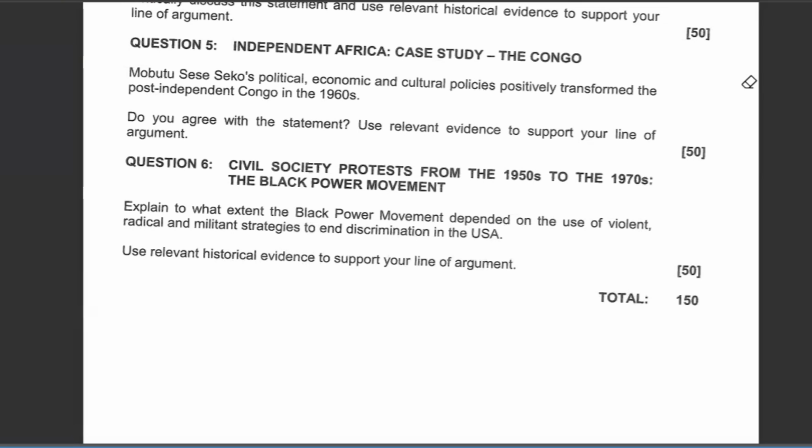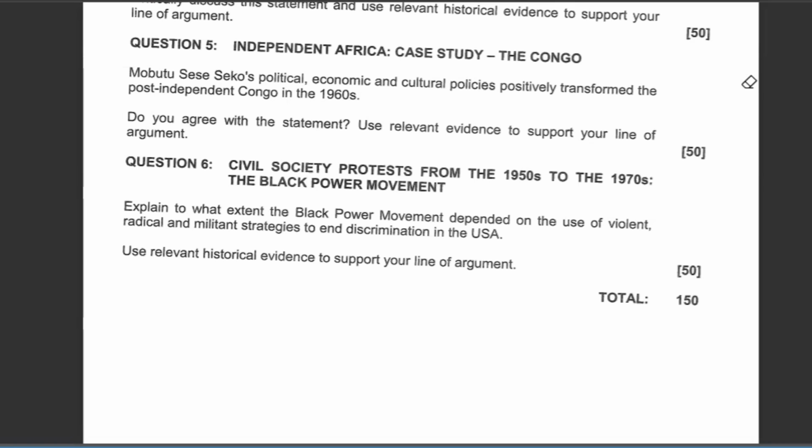The fact that he got into power through a military coup gives an impression that he was not the people's choice. So how then would we say someone positively transformed the politics of a country when he got into power through his own unorthodox means, when he was supposed to get into power through the formal, democratic electorate of the will of the people in that country? So it's one valid point which qualifies to disqualify the statement which says the politics were positively transformed in post-independence Congo. He did not positively transform because he got into power through a military coup, which is against the people's will. He was not a people's choice. People were supposed to democratically elect the leader whom they want.